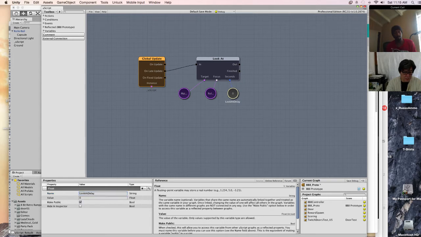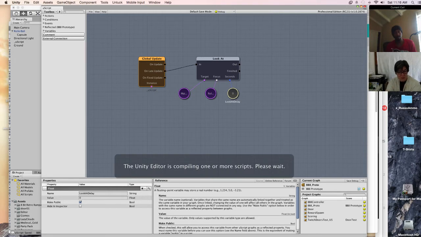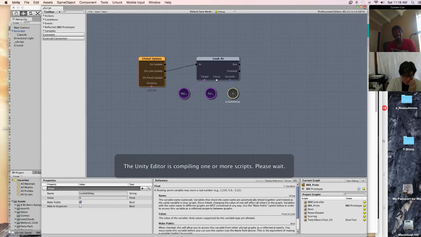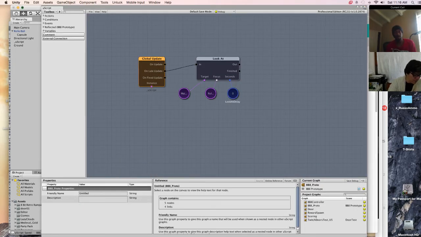Let's make it public. Save debug. Let's build it again. Oh, it's going to be like how long the camera's going to take to catch up? Yes. Still compiling. I'm going to have to be patient.